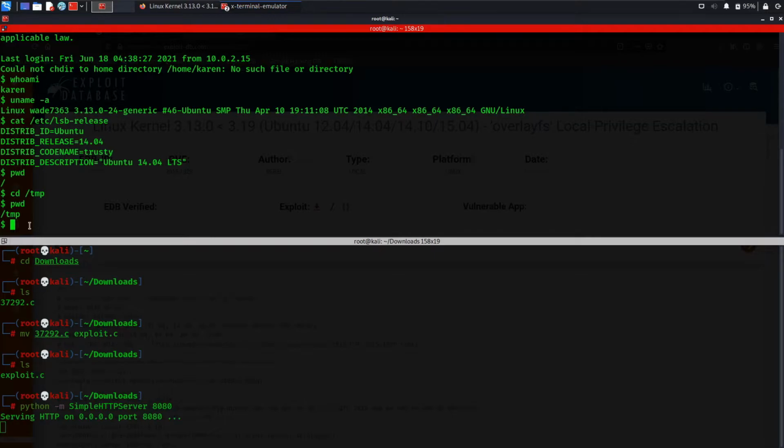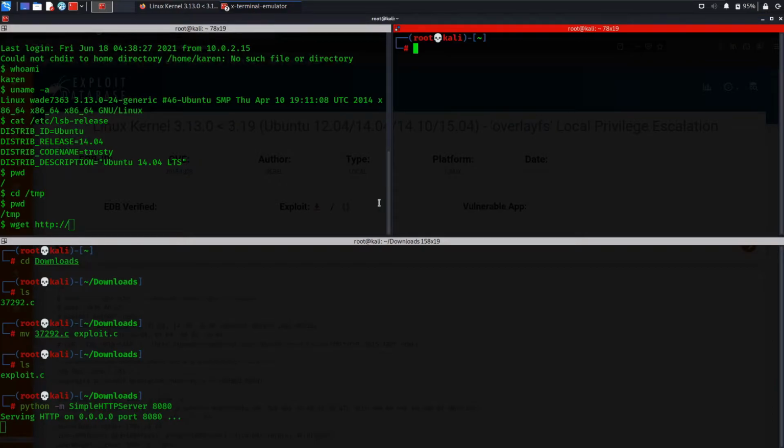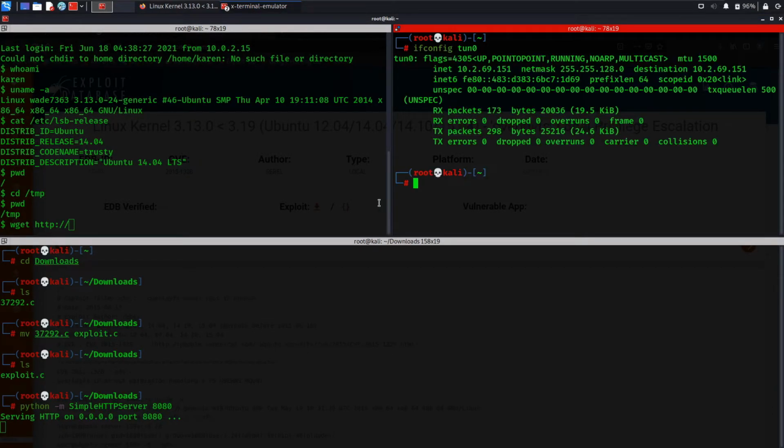And to do that, we type in wget http, and I forgot to note down my IP address. But no biggie, we will check it quickly over here. Just open up a new tab, ipconfig, tunnel 0 because we're on VPN.